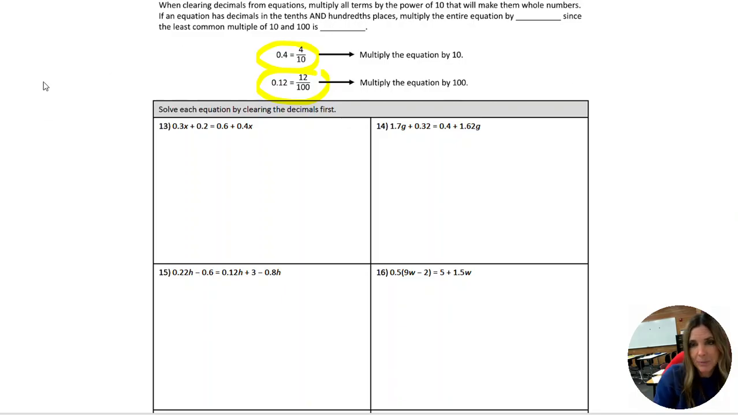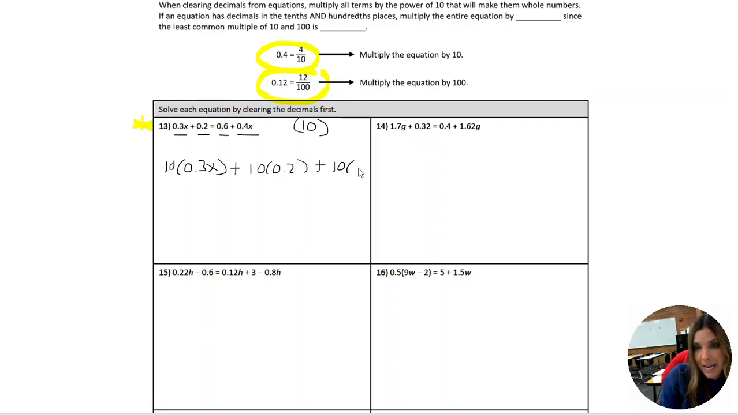So like on this one, for example, right here, you can see that this is the 10th place, this is the 10th place, this is the 10th place, this is the 10th place. So you're going to multiply every term in the equation by 10. So let me show you how that works. So we're going to do 10 times 0.3x plus 10 times 0.2 plus 10 times 0.6. And then we'll have plus 10 times 0.5